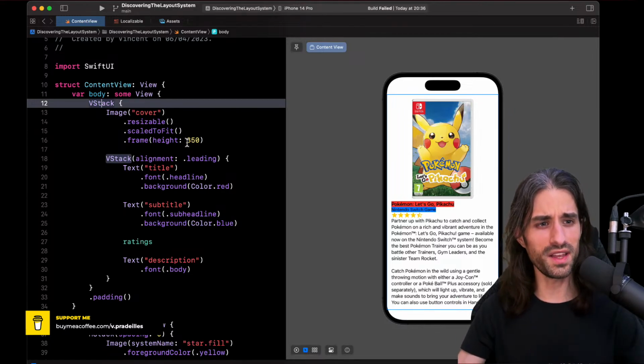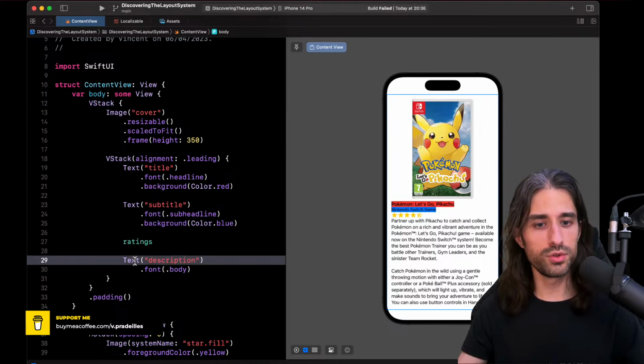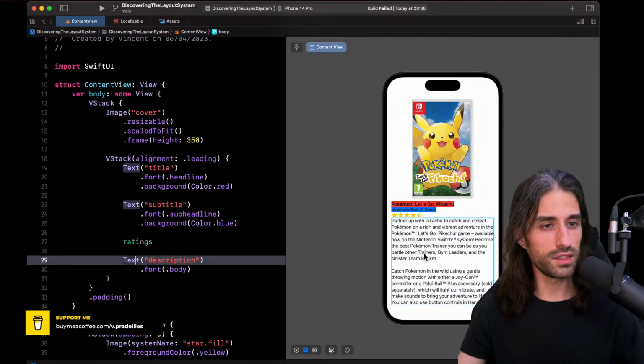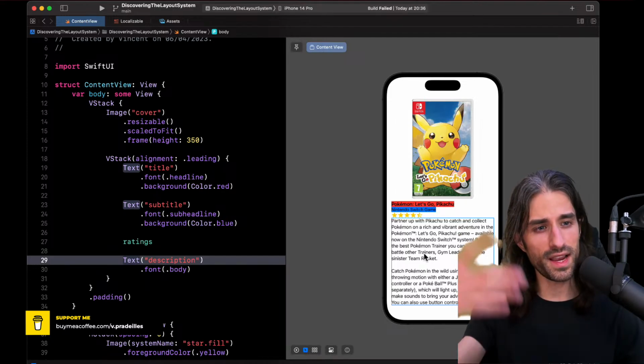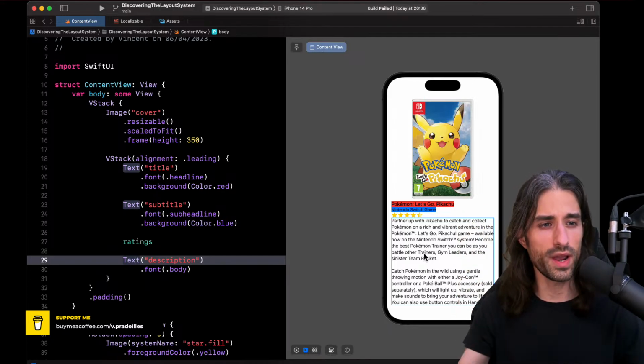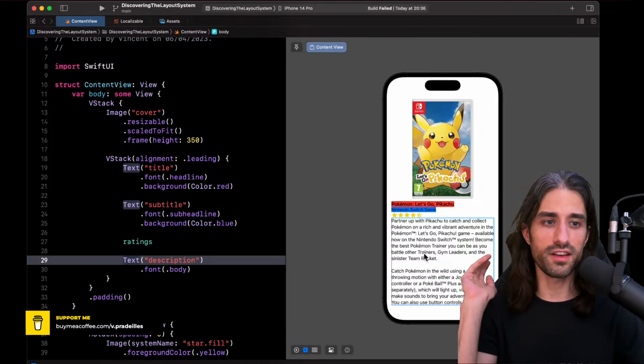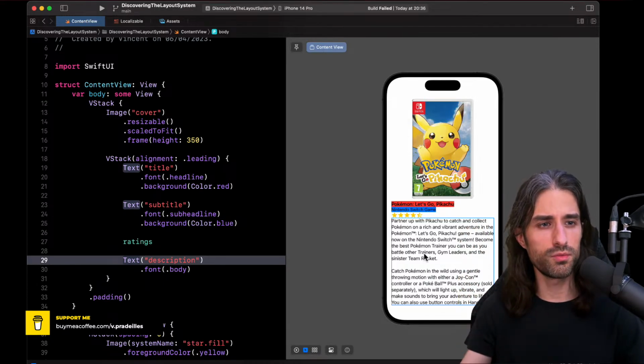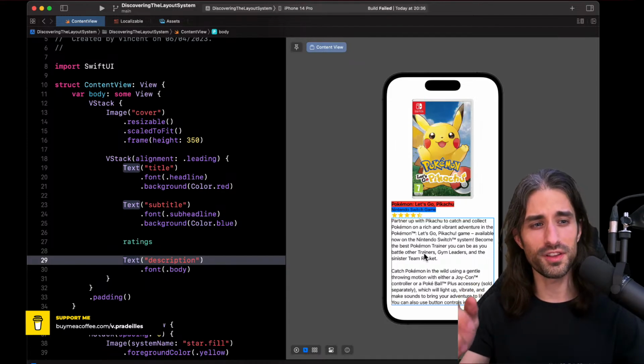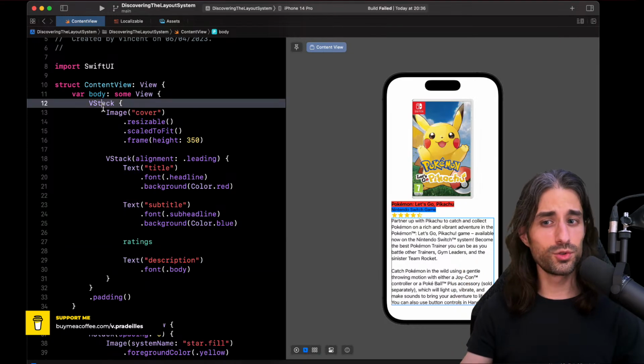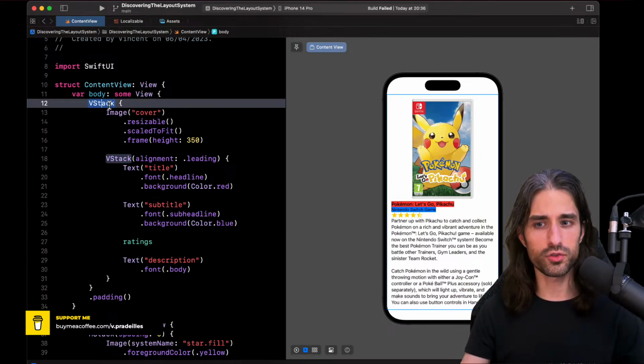So first thing we need to ask is, what do we want to embed in the scroll view? Because we could only embed the text in a scroll view. That would be absolutely reasonable. But we want the entire profile page to scroll, because this is the UX that users have been accustomed to. This is how most e-commerce apps work. So to do it, we need to embed the VStack in a scroll view.